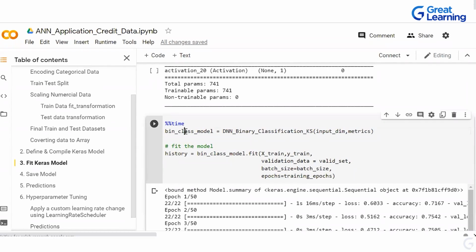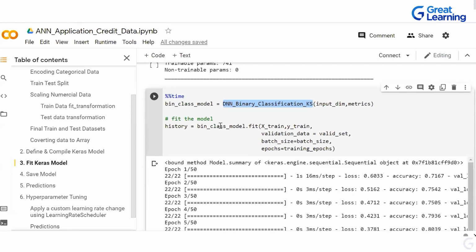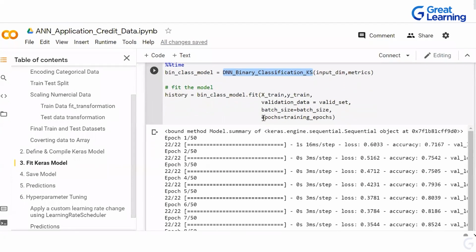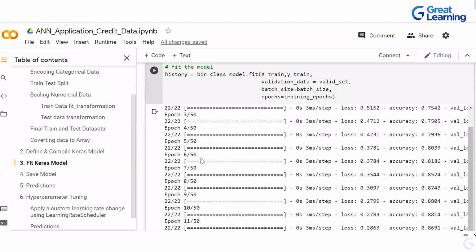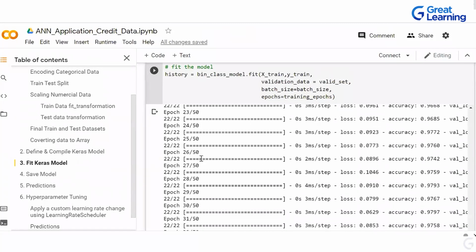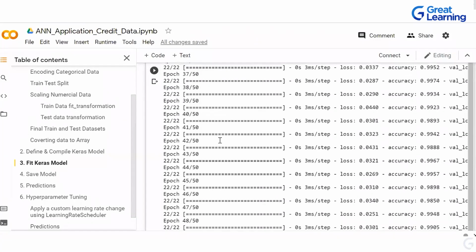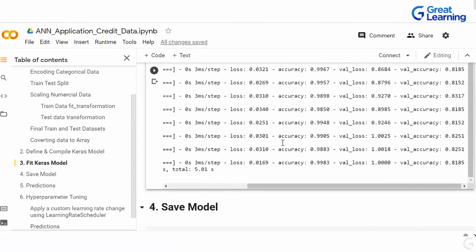And then how do we call the model? Bin class model I am calling, and then the binary classification function that I'm calling, passing the input and metrics here. And you can see how I'm running. So I'm fitting my model on my train data, validation data, batch size, epoch, right? You remember we had fixed 50 epochs. So you can see that the model will run 50 times, and you can see how much accuracy we are getting. At the end, we have 99.83 on the training data, and on validation data we have